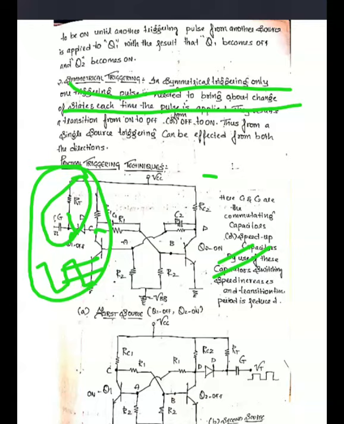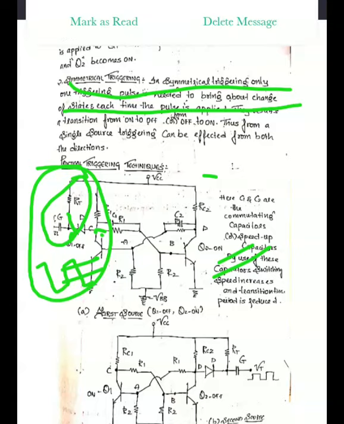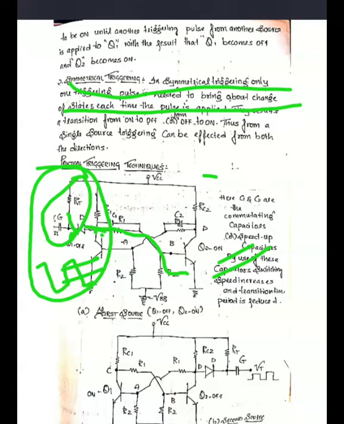Therefore at this node, the output should be negative spikes. Then immediately the negative spikes appear at the collector of Q1. Then immediately the same is transmitted to the base of Q2. Then immediately Q2 enters into off. Whenever Q2 is entering into off, the drop across this collector terminal should be VCC. The same is transmitted to the base of Q1. Then immediately Q1 enters into on.